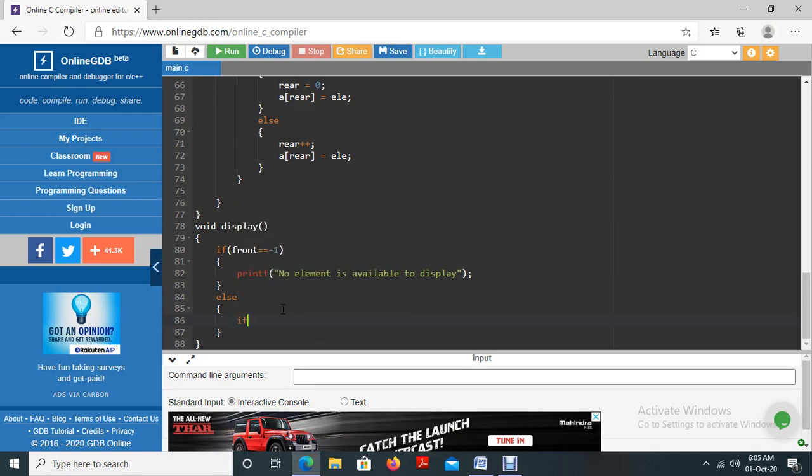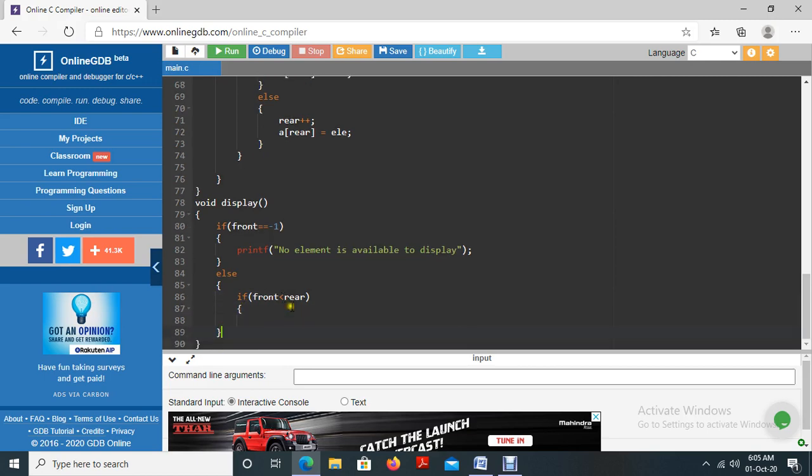If front is less than rear, we can write the program for displaying elements in a linear queue. How will we do that?